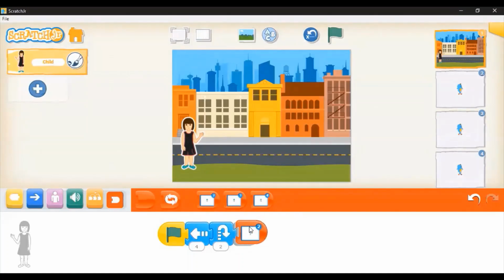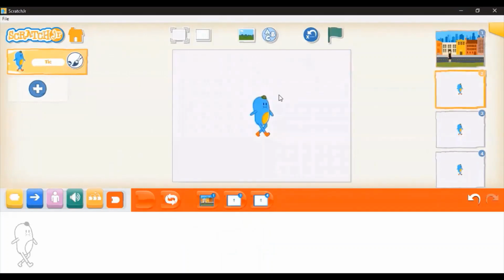So I take this and I say after execution of this, my second page should open. I have not done anything on the second page, so it will just appear. So I click on the green flag. All right, so you saw. This is how you link different pages to your first page and you create a project.